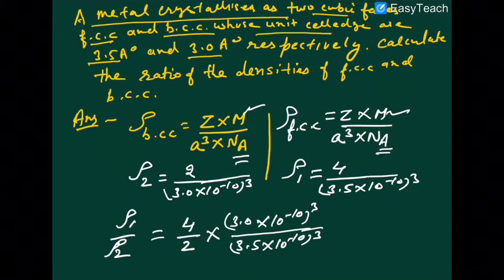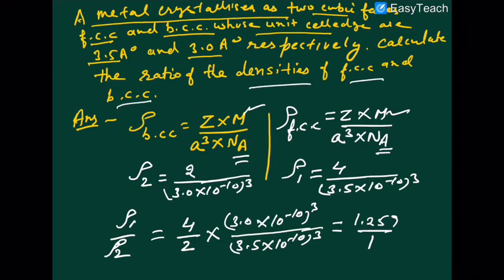So the ratio of the density comes out to be how much? It comes out to be 1.259 by 1. You just solve that. That is a very, very interesting question, that what is the ratio of density of FCC and BCC? That is a truly examination question that can be asked. Why? Because in this case, both BCC and FCC knowledge has been taken into account.